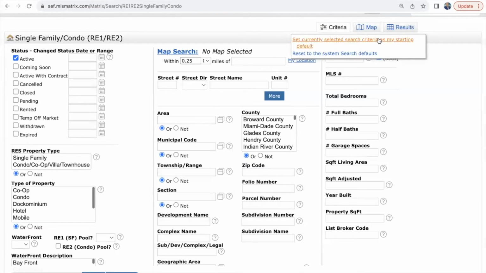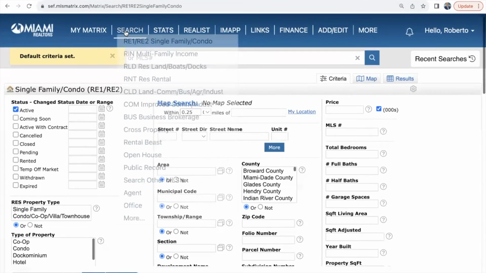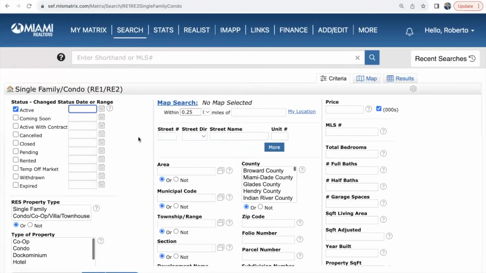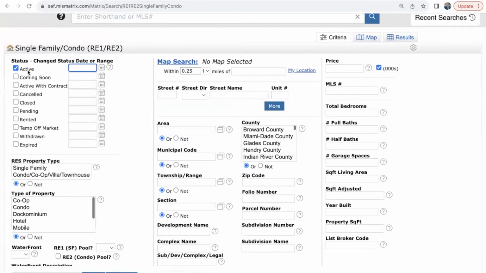You want to click there and you want to click on set currently selected search criteria as my starting default. And now from now on, every time you click on RE1, RE2, all right, you only have active selected. But make sure that that's the only thing that you set as your default. You don't want to set anything else as your default because, of course, it's going to be automatically checked and you're going to wonder why that's happening.